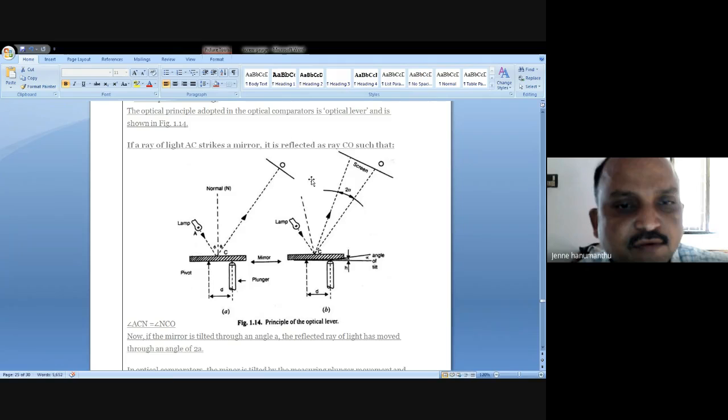We have to observe that when the light falls on the mirror, it will reflect like this. We want to observe it, or you can measure the angle. So if the surface on the plunger doesn't detect any deviations, whatever light falls on the mirror will reflect back and we can detect the same light with some angle.